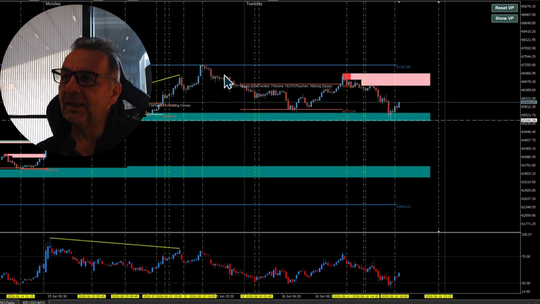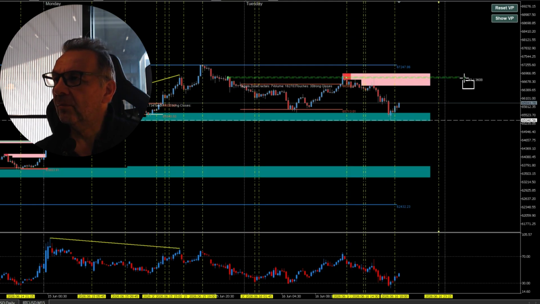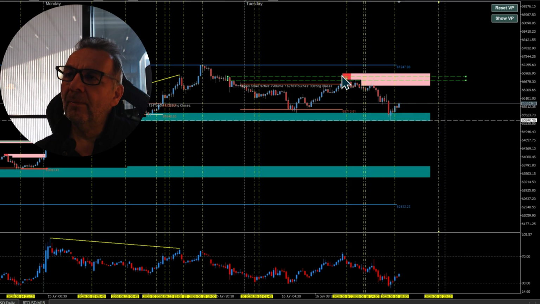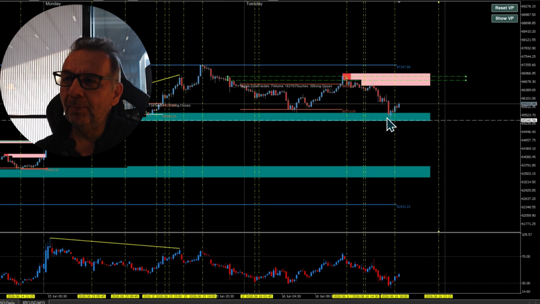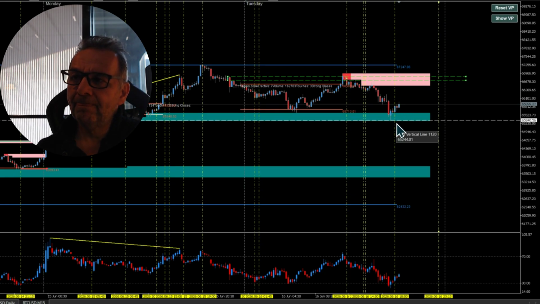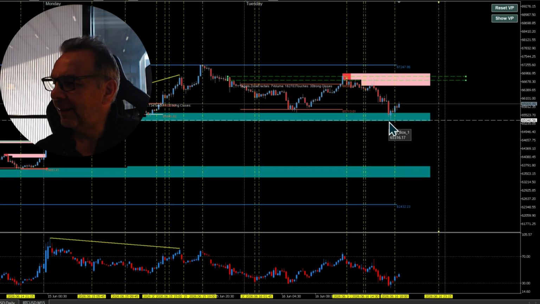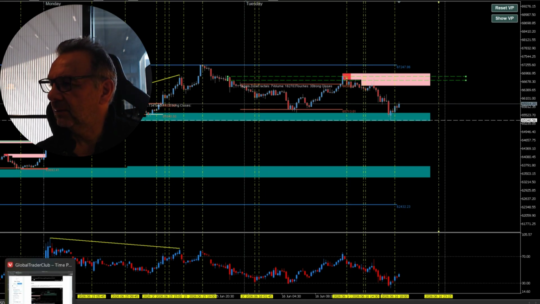Why could you sell here? Because they sold here before. If you are at a place where they sold before, match your hours, sell it off, tight stop loss. If you're at a place where they bought before, look, they bought before here, going up. So trade the hour, going up. That needs to be a tight stop loss, and your stop loss needs to be just there. That's basically it on the hours.